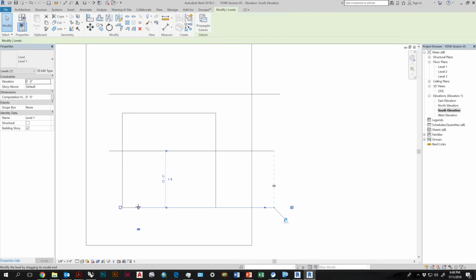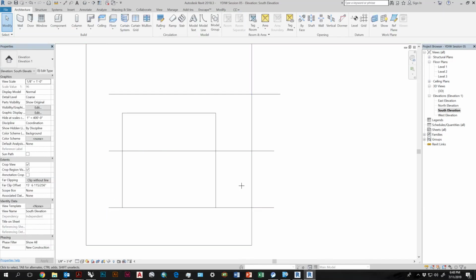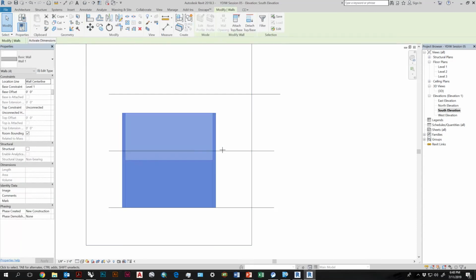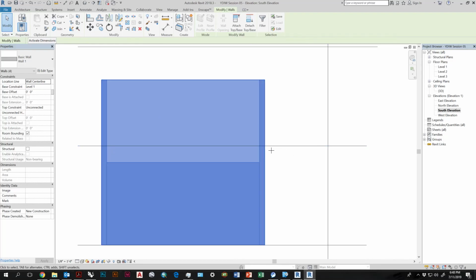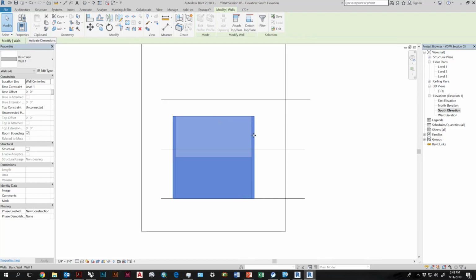Now remember that Revit constrains things to your level. So if you have a wall that's set to level 2 and you change level 2's elevation, it will also change the wall's elevation as well. And I'll show you what that looks like. But pay attention, when you modify your levels, be very careful with that. So I want all of my walls here to be constrained to level 2, and then I'll create another set of walls that are constrained to level 1, and I'll create another set of walls that are constrained to level 2. So I've selected all the walls here.